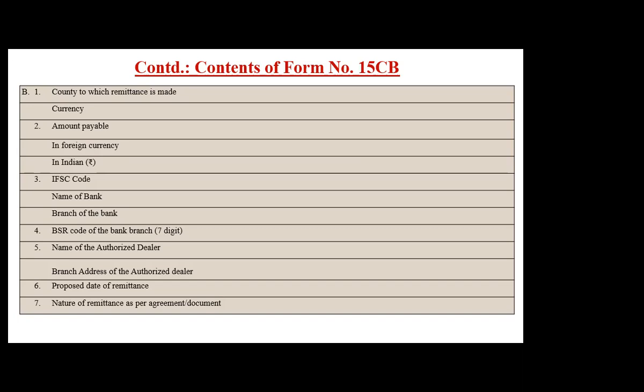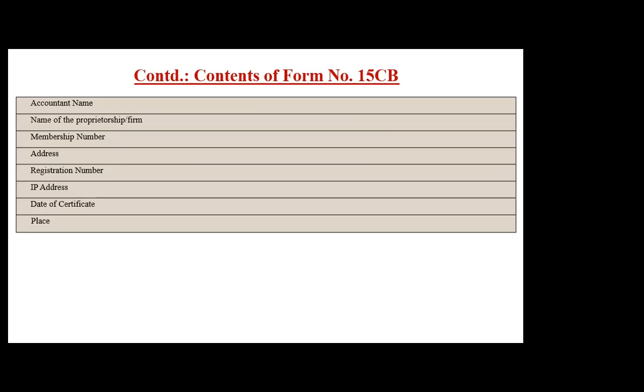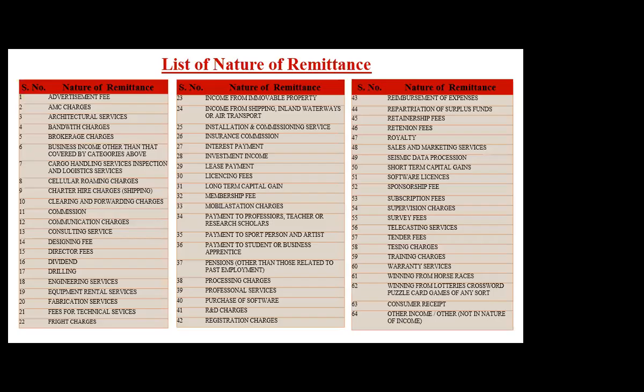Nature of remittance. Now nature of remittance, there are 64 categories. Go to this slide number 23. These are the list of nature of remittance. You have to be very careful in selecting the nature of remittance. For example, there is royalty on 47, and I think on 51 there is software payment, software license. So now we say, is it a shrink-wrap software payment or is it a royalty? You have to be very cautious.